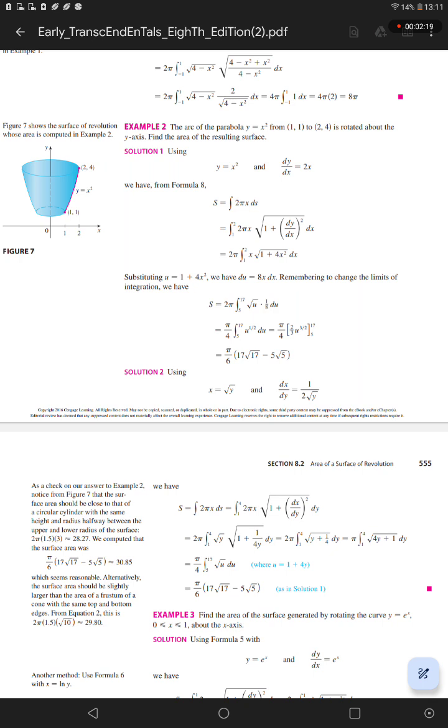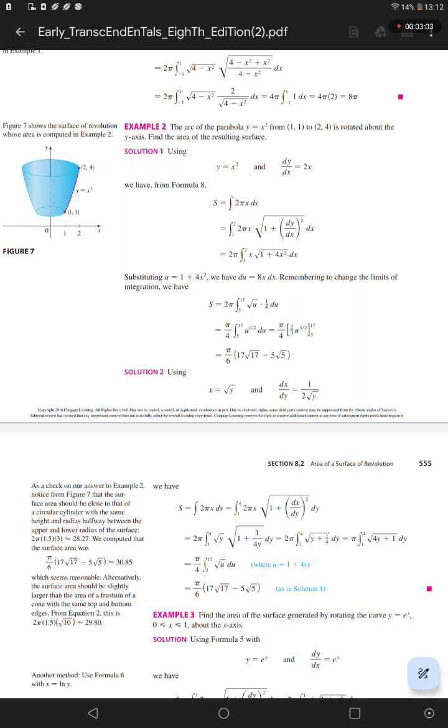Substituting u equals 1 plus 4x squared, we have du equals 8x dx. Remembering to change the limits of integration, we have big S equals 2 pi, the integral from 5 to 17 of the square root of u times 1 over 8 du equals pi over 4, the integral from 5 to 17 of u to the power 1 over 2 du equals pi over 4,